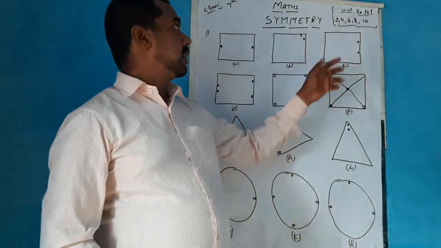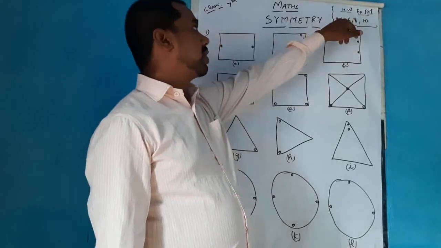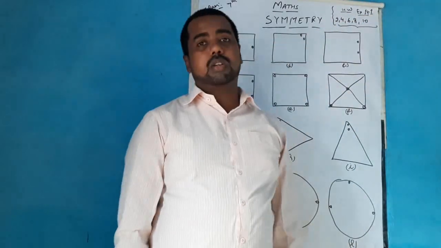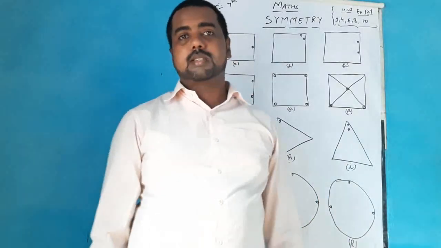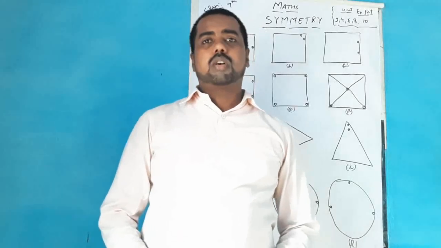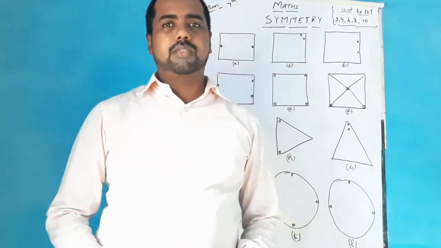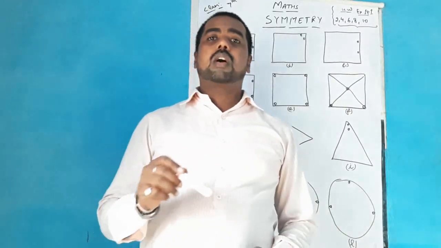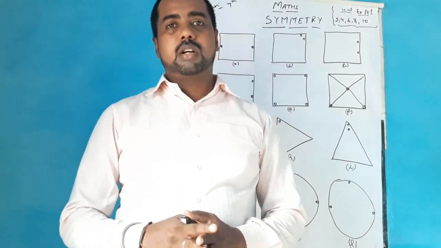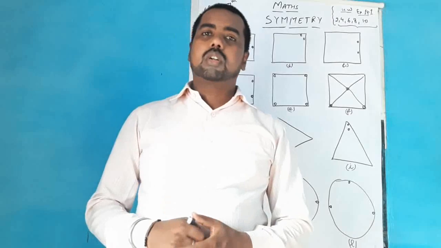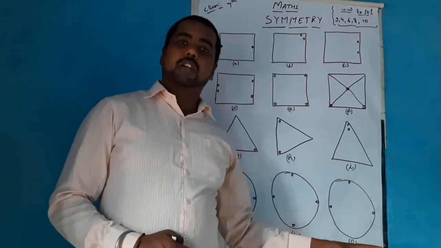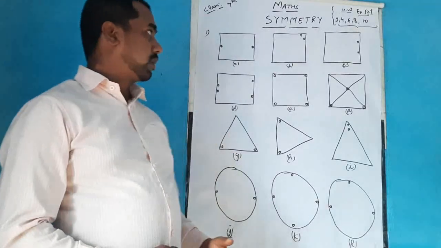In this first exercise 14.1, questions number 2, 4, 6, 8 and 10 are homework. The rest of the questions I will discuss here. Starting with the first question, the figures are already drawn and some of the dots are given in the figure. So you have to draw a line of symmetry such that when you cover the first half with the other half, the dots should also be covered. So I have drawn the figure for that particular question. Please excuse me for the figure.